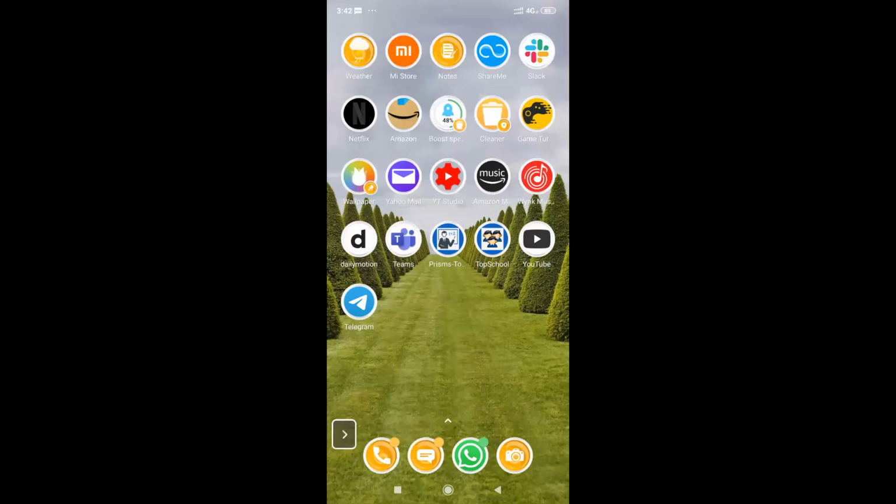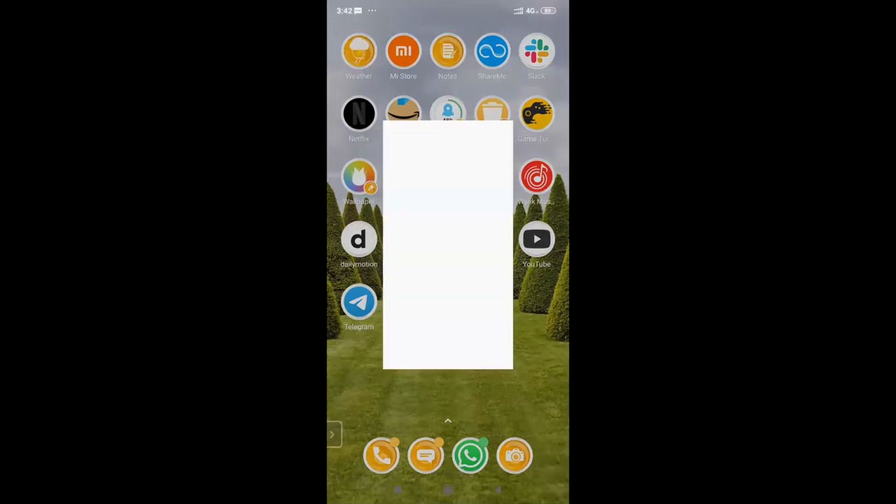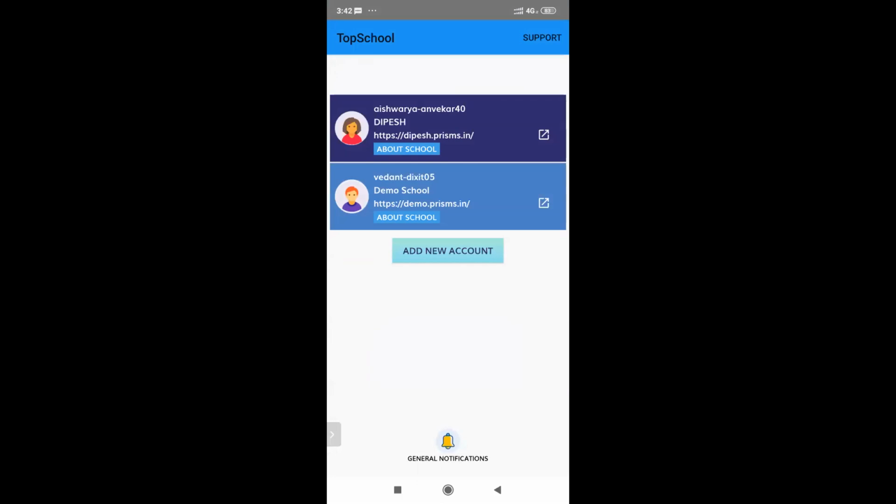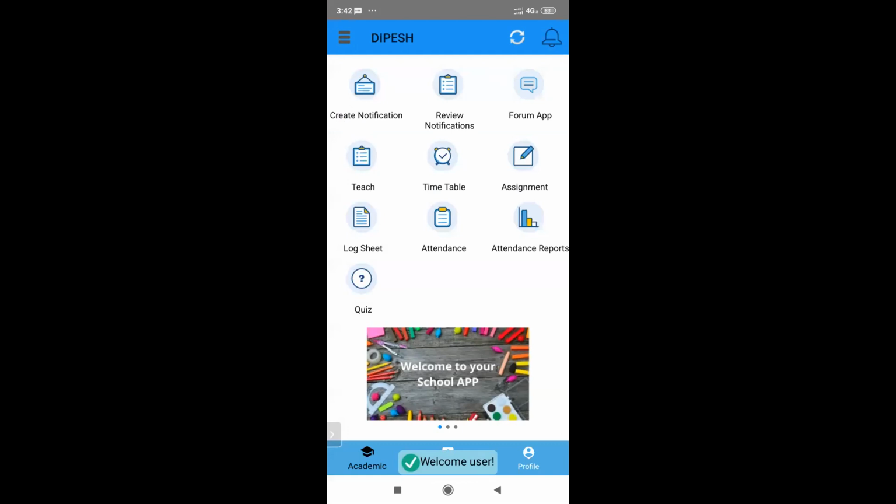So for top school quiz, you just need to log into the top school teacher app. And in the top school teacher app, we have a new tab called quiz.